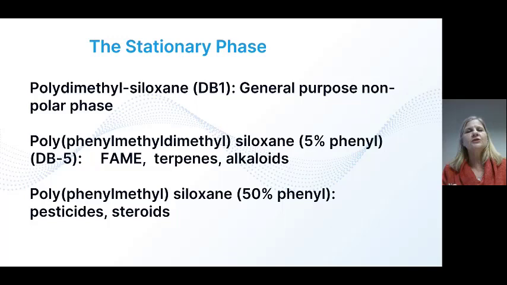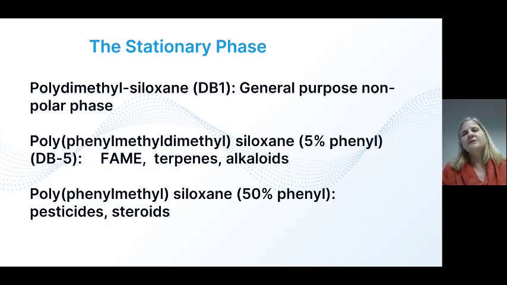So that would be very efficient for alkanes and hydrocarbons in general. Then you get a DB5, which is another column that we very often use. For that, 5% of your methyl groups were replaced with phenyl groups, and you now have a polyphenyl methyl dimethyl siloxane